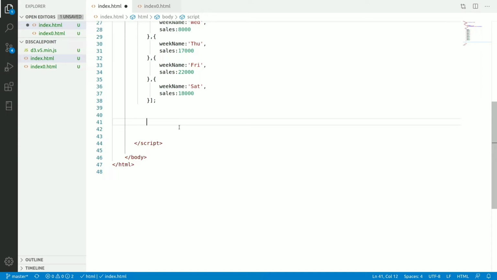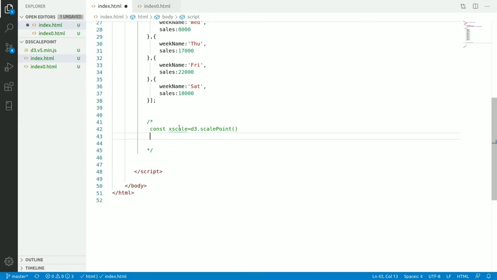Before starting, I will just give the idea about the scale point function, and how to create the scale point. Here d3.scalePoint is the function that is used to create the scale point.